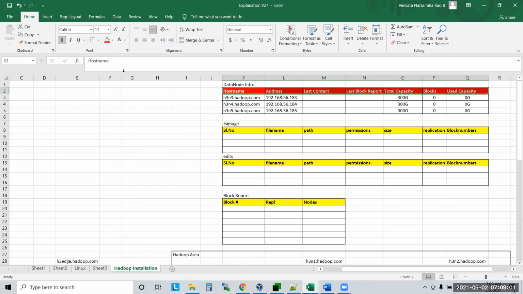So the name node is maintaining, wherever you see red color, think that it is in memory. Wherever you see yellow, that is in memory as well as disk. So these two are in memory, and this one it is maintaining in memory.